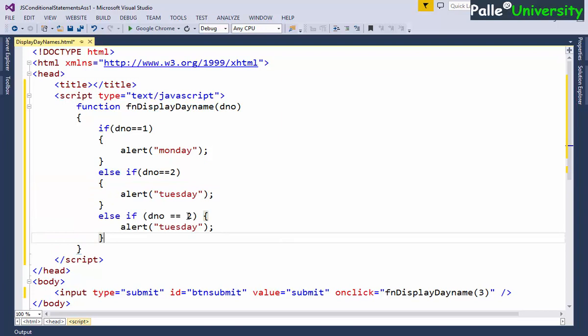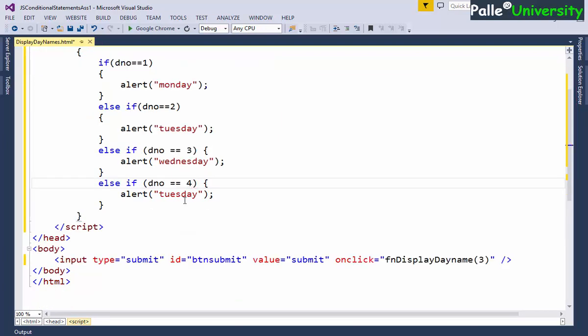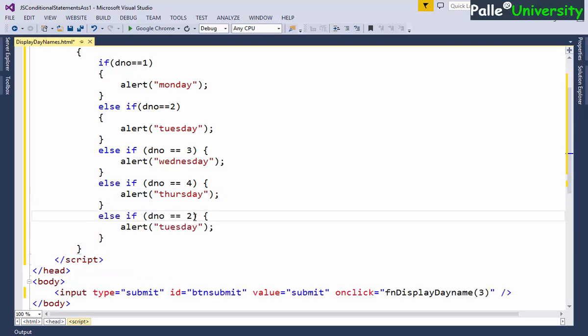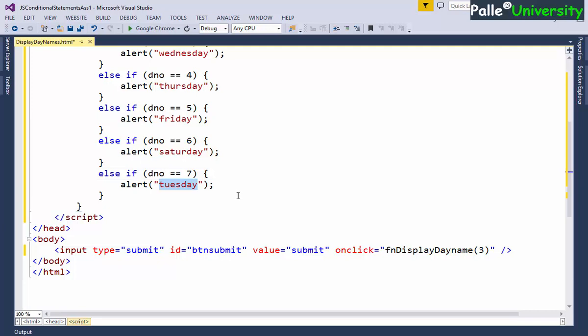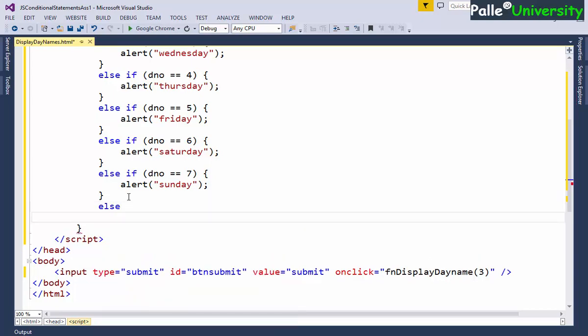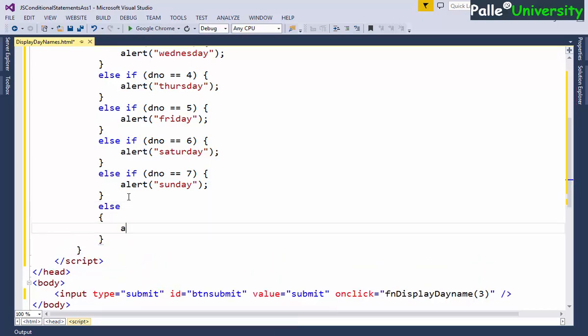Else if dayNumber 3 Wednesday, else if dayNumber 4 Thursday, else if dayNumber 5 Friday, else if dayNumber is equal to 6 Saturday, else if dayNumber 7 Sunday. In case nothing is matching, in the else block you display an invalid day message.